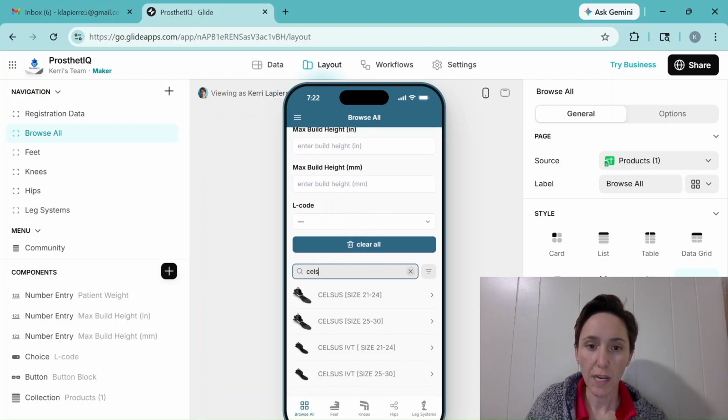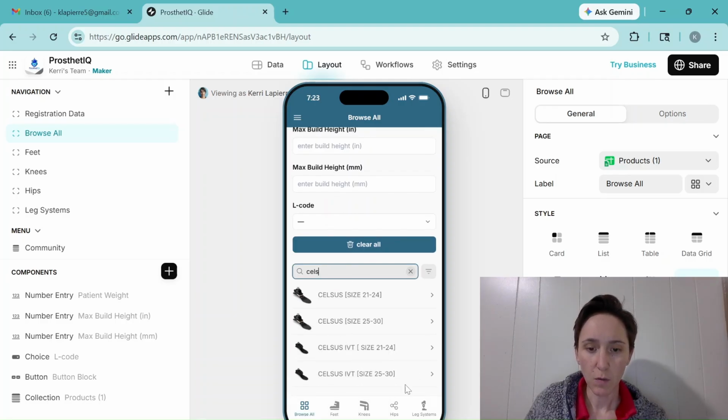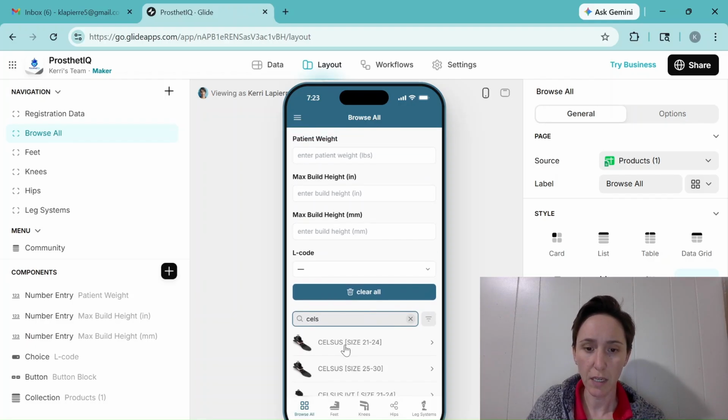Sometimes you might have something filled in one of these filters or in this search bar that might be limiting what's popping up in the products. So right now I'm under Browse All, and in the original video I was talking about how all the products would be listed here, but I had CELS, which was the beginning of Celsius, so only these feet were showing up. So the first thing I would recommend trying, if it seems like something's not working, is to hit